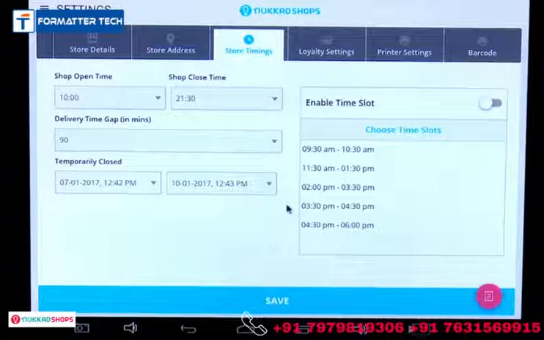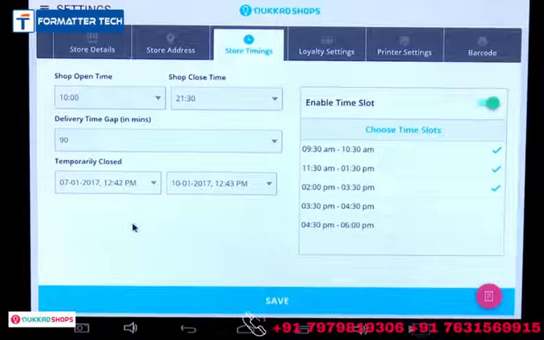I don't want to do the deliveries in the evening. As my store is crowded, I'll just enable this, select the delivery slots and save. Accordingly, in the remaining slots, my store will be invisible and visible in the morning hours. So for a small store or a small enterprise, this is one good corporate outlook where you can get a